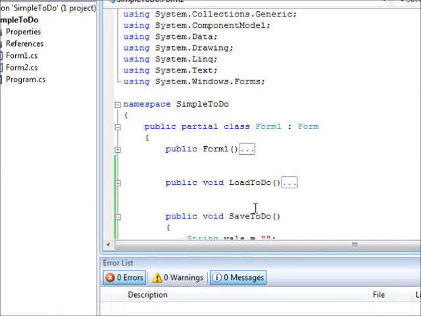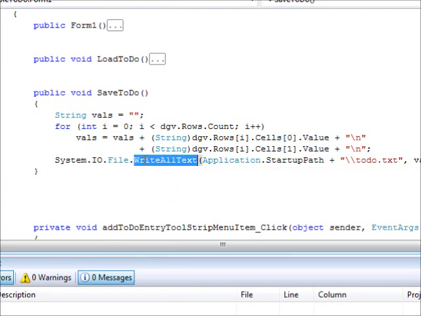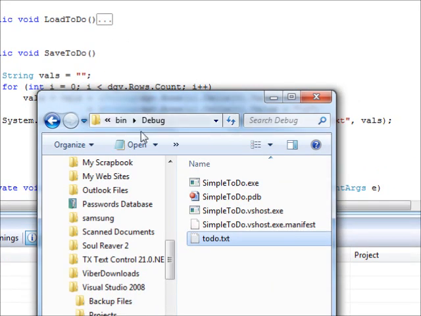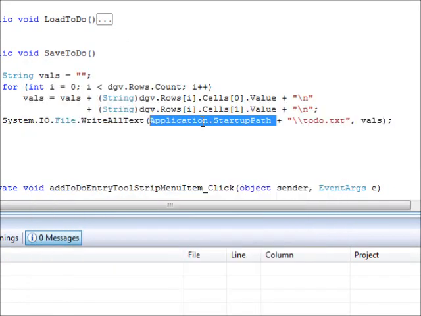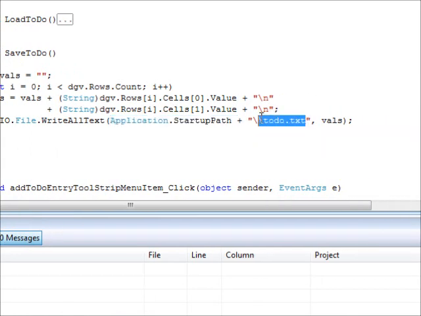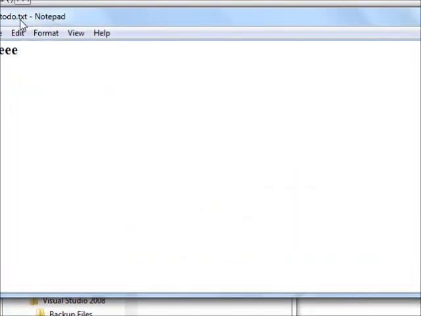It's here in the save to-do. So in this one, we are calling this statement. So write all text, application startup path. This means get me where the exe is. And in our case it's running in this path, right? And create a file with the name todo.txt. This is the name of the file, and write the values that I've just combined and separated them by new lines. So if you open this one, you see